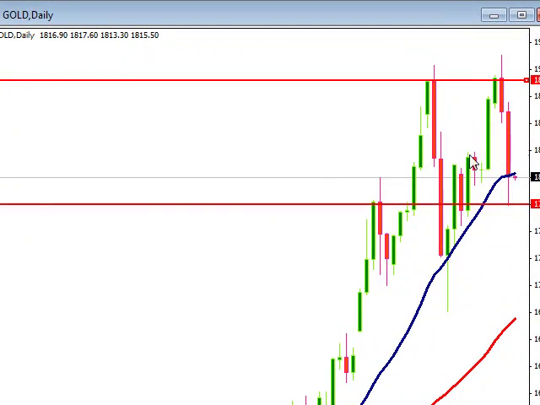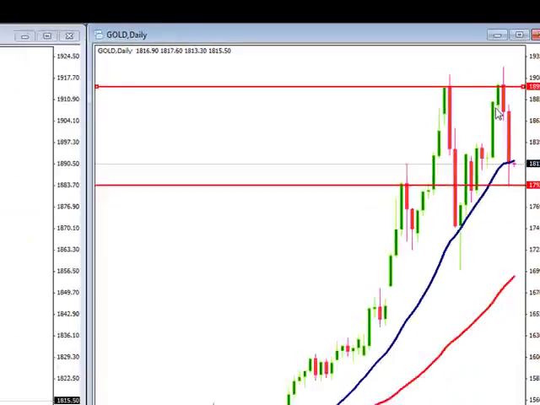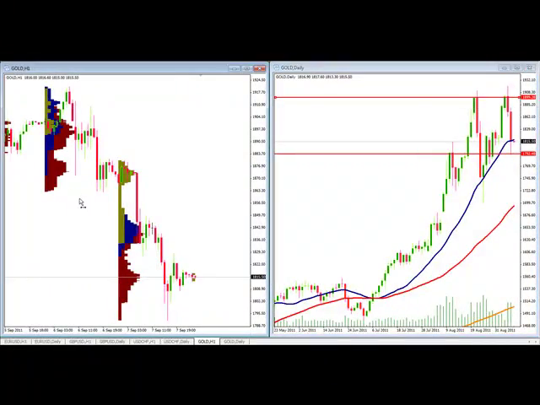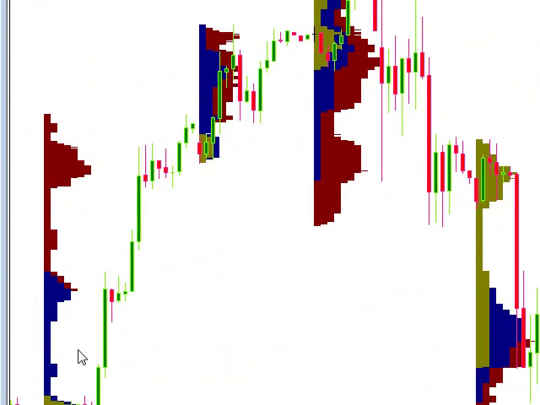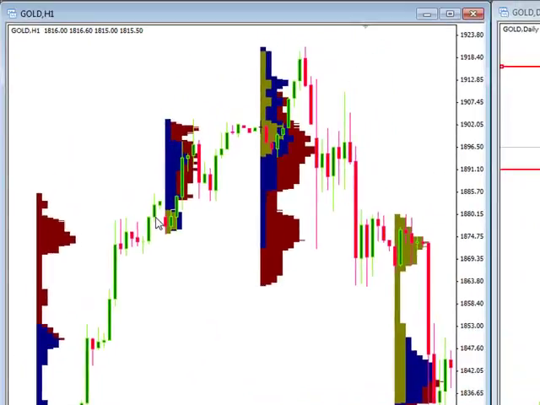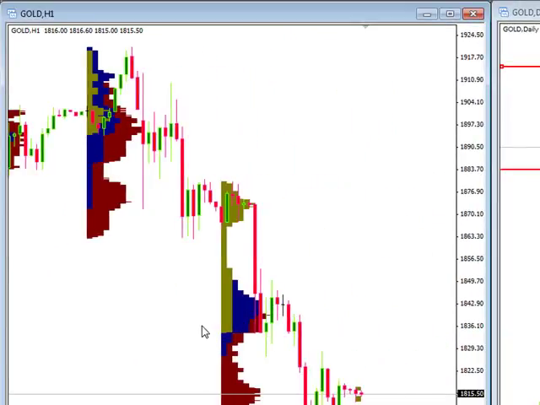And we talked about that. If we got above here, we could shoot right on up because there was a lot of light volume in the past. And you can see that we just shot right up there. So if we can get out of this range here, you can see our first bullish area to look at would be